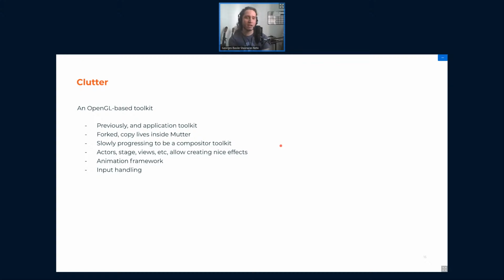So Wade's asking here, any thoughts, plans to use Vulkan instead of Cargo? We don't plan to replace Cargo. What's very likely to happen, if it happens at all, is that we'll grow a Vulkan backend for Cargo, because Cargo also has backends. So it has Big GL, it has EGL, GLES. It had in the past EGL KMS. Now it's part of Mutter. So if anything, it's going to be another backend for Cargo. So it's going to be a Vulkan backend for Cargo, and GNOME Shell and Mutter won't even notice.